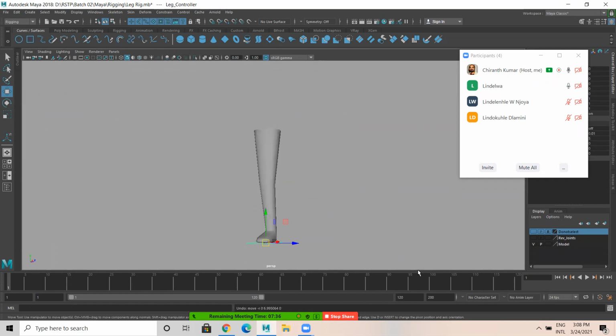So if you want to do a kick animation, my first part I'll kick here. Set key, set key, set key.